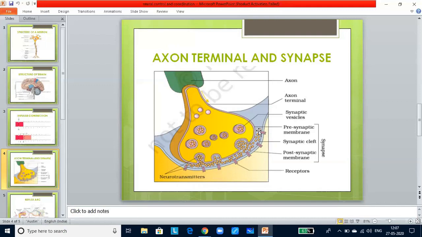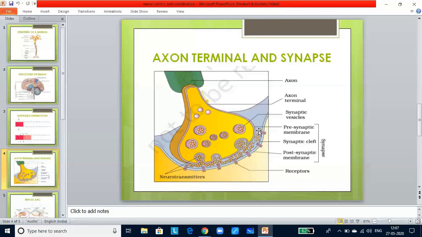At electrical synapses, the membranes of pre and postsynaptic neurons are in very close proximity. Transmission of an impulse across electrical synapses is very similar to impulse conduction along a single axon. Impulse transmission across the electrical synapse is always faster than that across a chemical synapse. Electrical synapses are rare in our system.